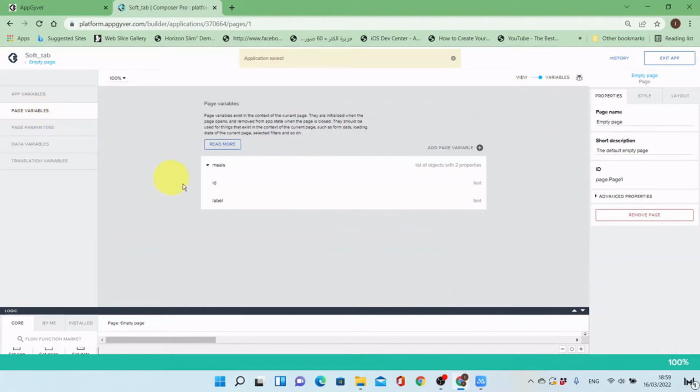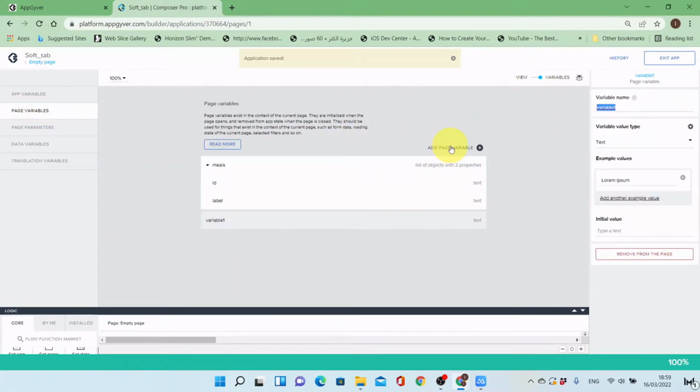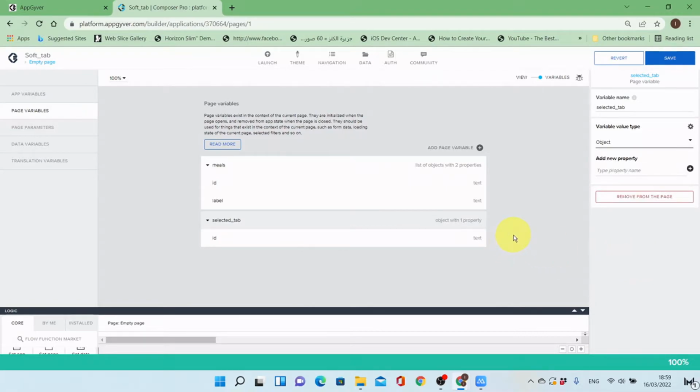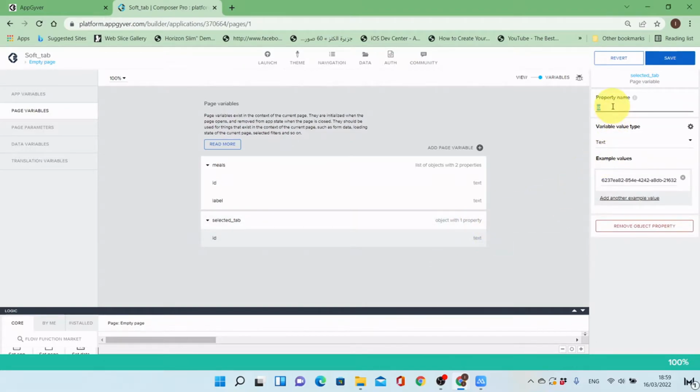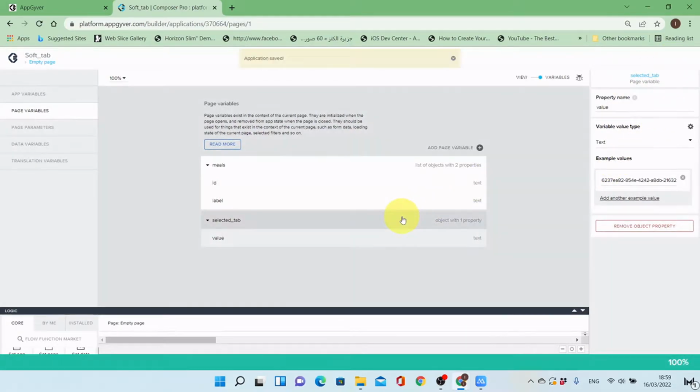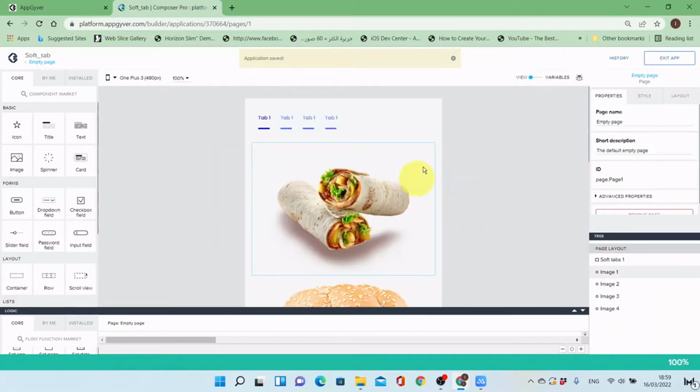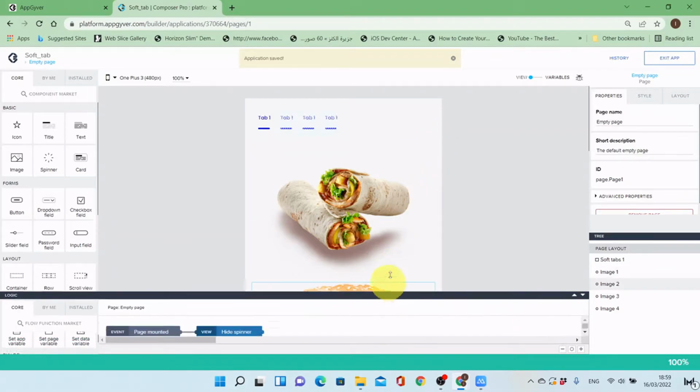and I will go back to the variables. I will add a variable with the type object which will contain the value which is coming from the selection of the tab. It has only one property called value. I will go back to the view